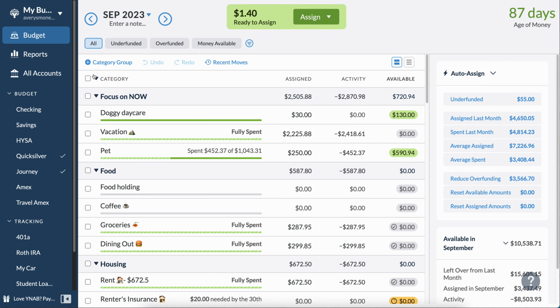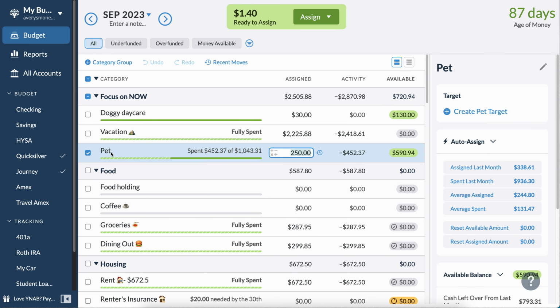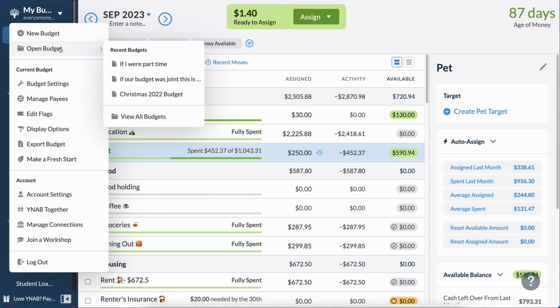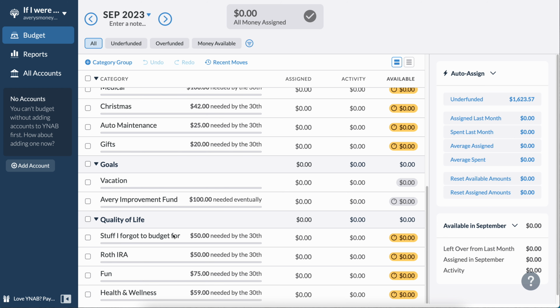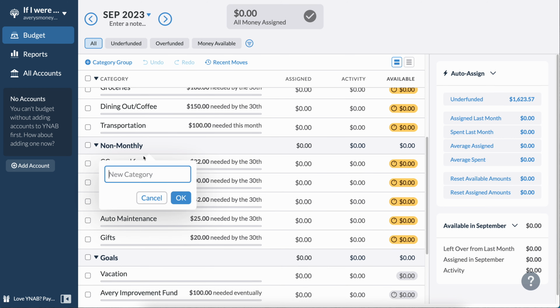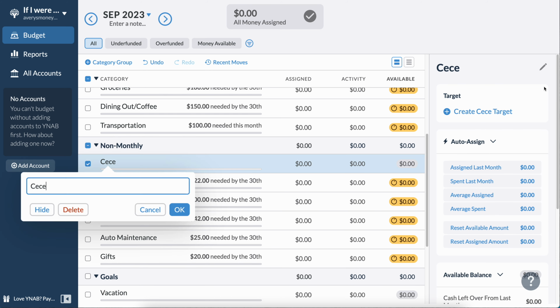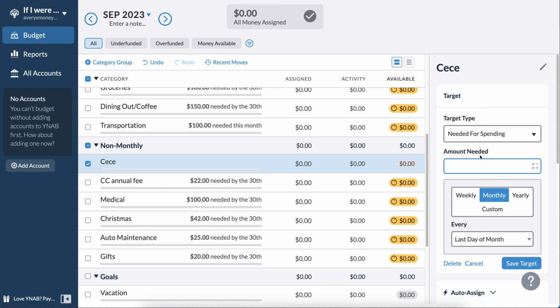If I go back to my budget, I haven't accounted for a pet. I have a dog now, so I need to go back and put that in some sort of category. Maybe the non-monthly. So I put CC, that's my dog's name, and I probably need to put at least $100 in here every month.